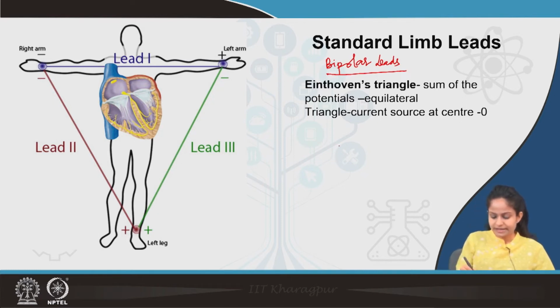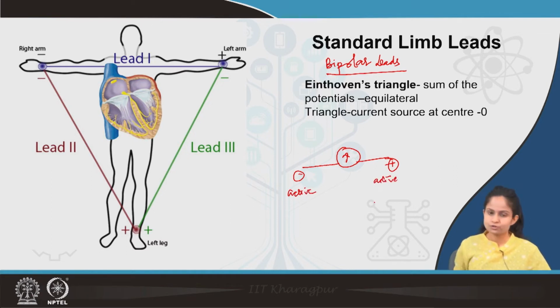Bipolar leads means, if I have a voltmeter, ECG acts on the principle of a voltmeter. It records the potential difference across 2 points because of the cardiac dipole which is created. So, with a voltmeter there will be one connection, the negative terminal, and the other electrode will have the positive terminal. If both of these 2 electrodes are active, it is known as bipolar leads, which means these 2 electrodes are recording some voltage simultaneously,